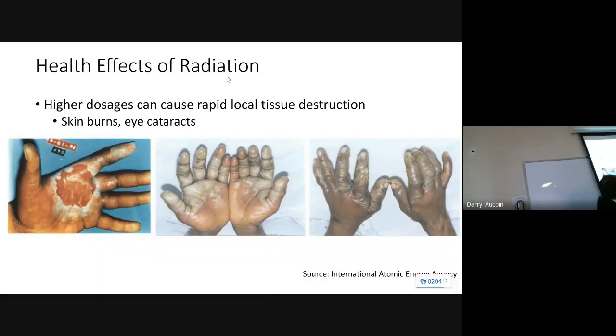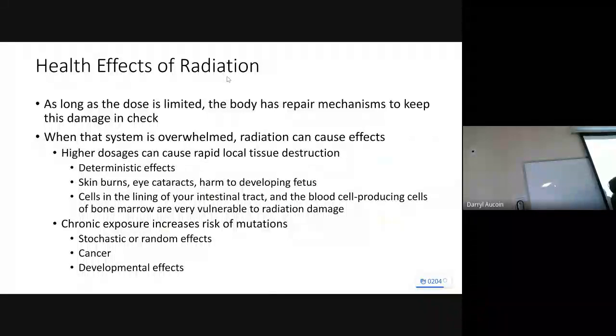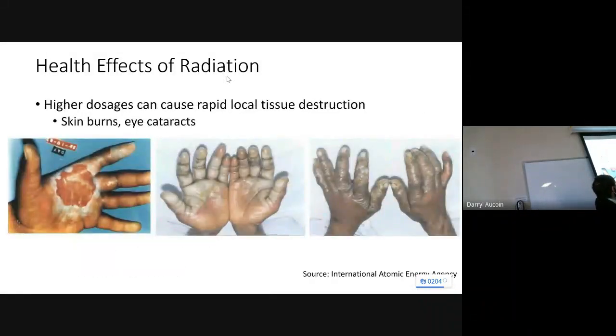And what's kind of interesting here is you can see the rest of their hand is fine. It's only where the X-rays hit that the damage occurred. So radiation, high doses, depending on whether it's whole body versus localized, can have different effects. But in this case, it was relatively localized, which was good for them. They only had some minor damage here. They were able to get treated for that, versus if it was a larger dosage, it would have been much